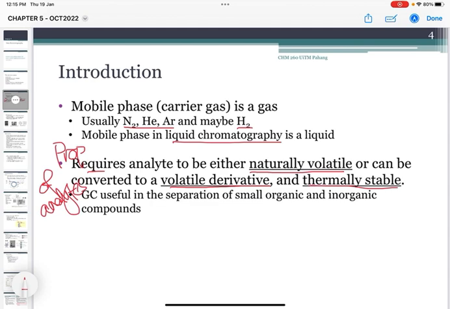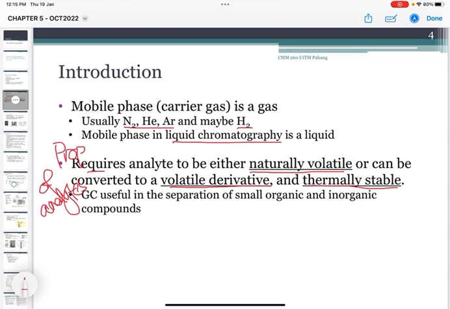Kenapa? Because petrol oil is a very volatile substance ataupun compound. Yeah? Other example is our perfume. Yeah? Our perfume is also a volatile, because